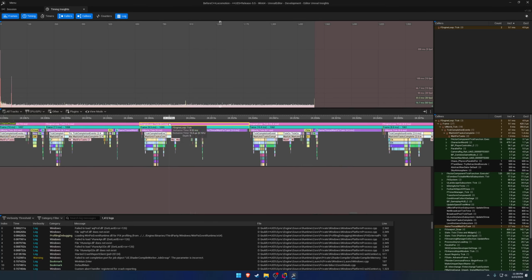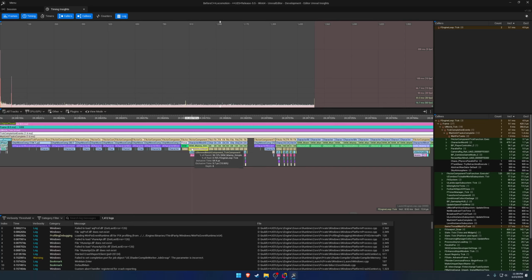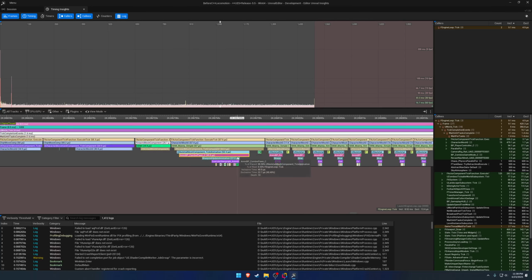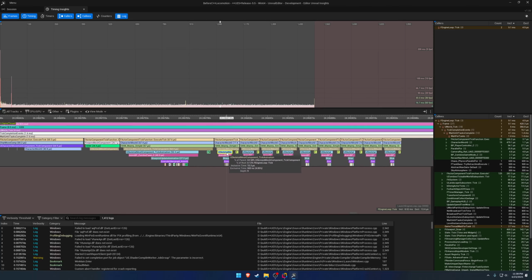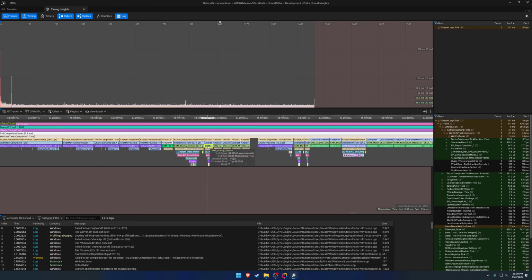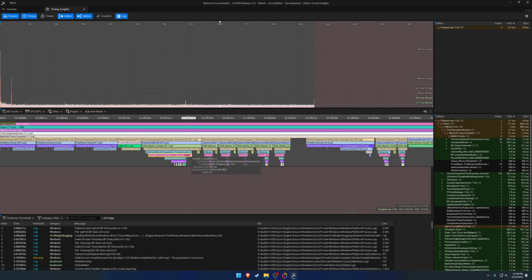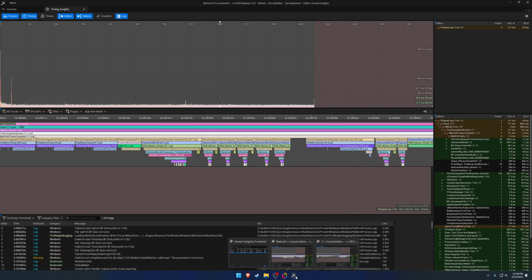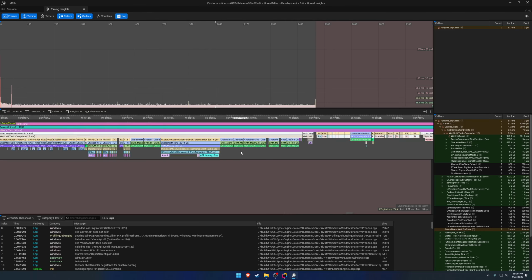So let's find a decent one. So here's our 8.5 and our 7.5. So our ANMBP zombie pawn, specifically our tick animation. So tick animation is 10.3, 8.2, 7.6, 7.6, 7.5, so on and so forth. And 10.2, 11.6, 11.3, 13.5, and 11.8. So those are higher. And if we go back to this faster one to compare really quick,